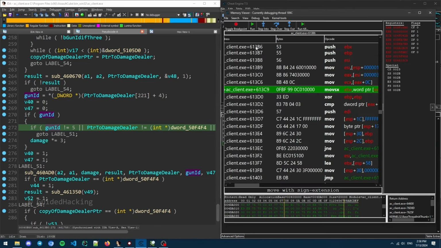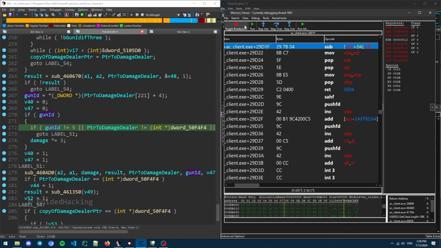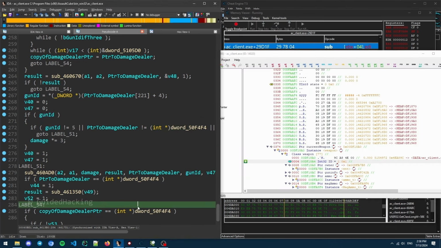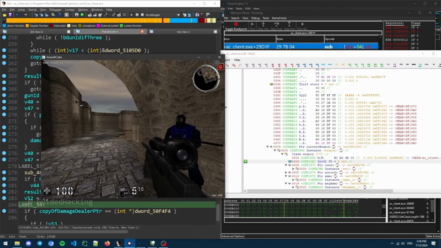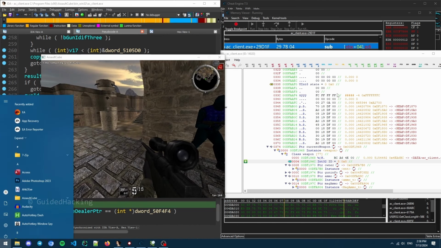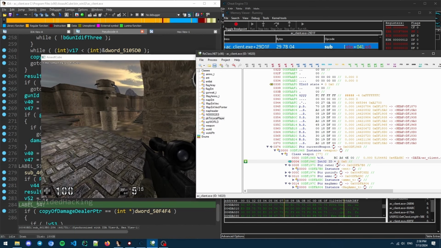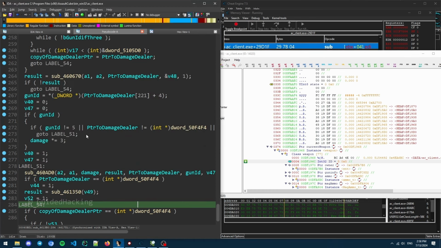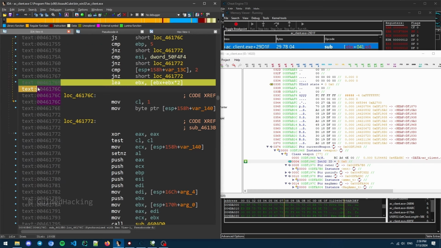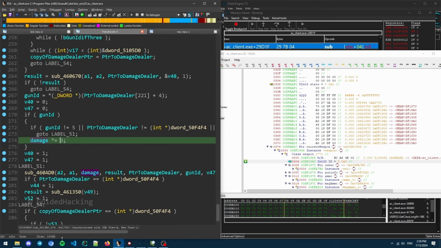As it turns out, gun ID 5 is our sniper, right? If I go back to ReClass, that's our gun ID. So gun ID 5 is associated to our sniper. Okay, so let's see what V48 is. Let's try to figure that out by just trial and error. I'm going to take that and paste it into